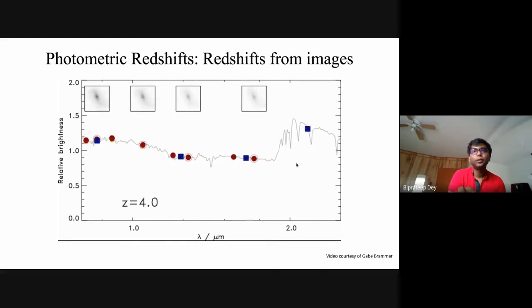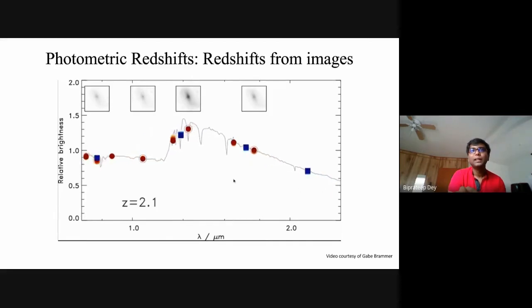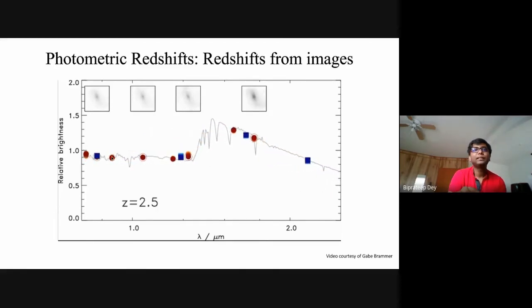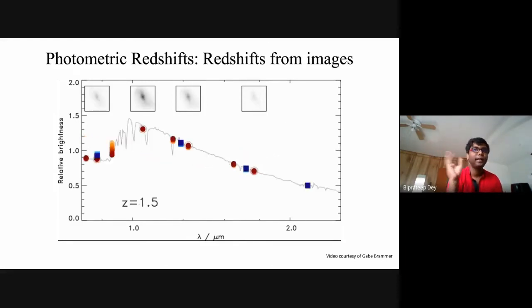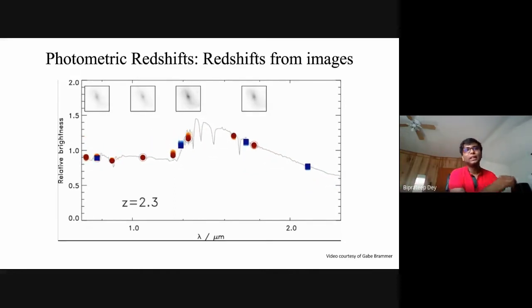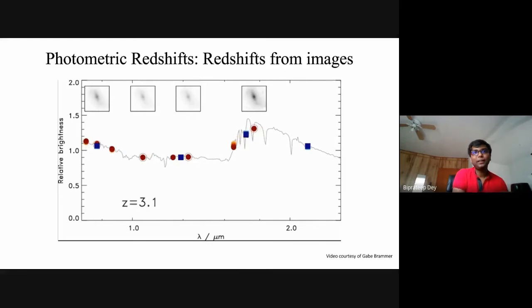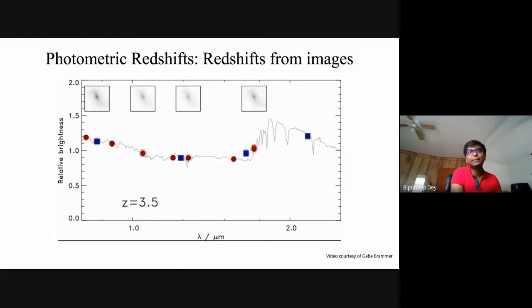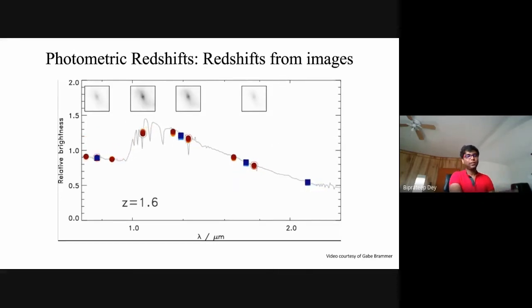So even though you do not have the spectra, even though you do not have these fine-tuned features in the spectra, just by observing the flux coming in these big chunks of wavelengths you can infer the redshift of an object, because there's some kind of relationship, a very complex relationship which no one fully knows, but people try to model it. With this technique in hand, and currently these techniques are quite advanced, you can get pretty good redshifts just from images. You do not need spectra.